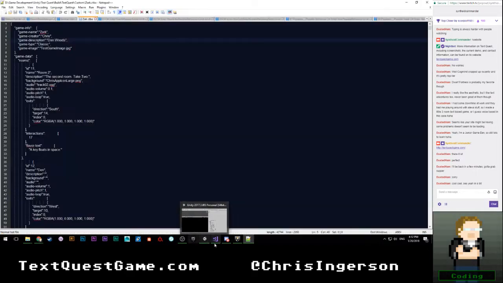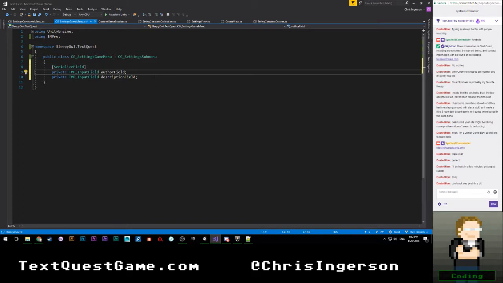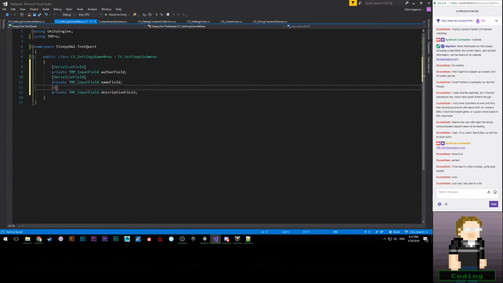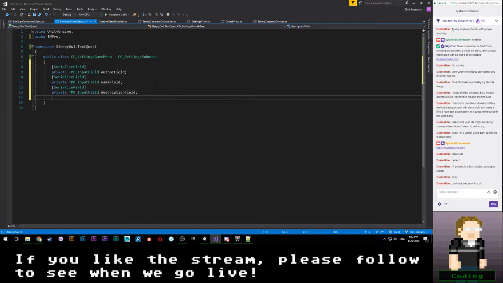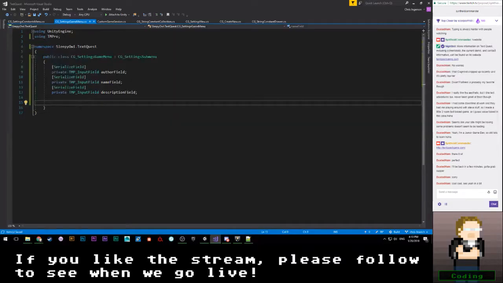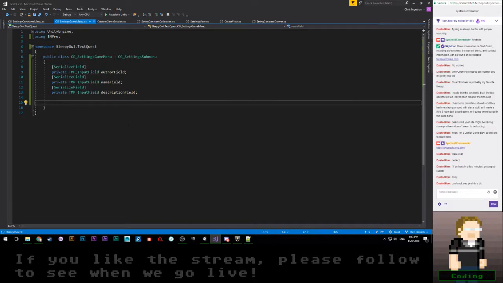Then we're going to want to have private TMP underscore input field, name field. Let's go ahead and serialize all of these. And what else is there? Game image. I'm just going to do these three for now. So that's that.